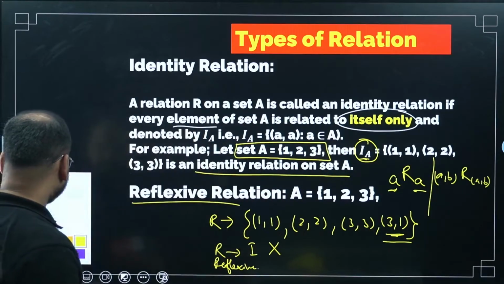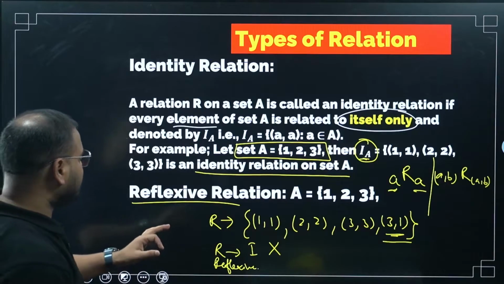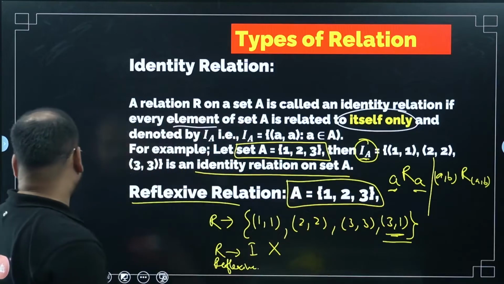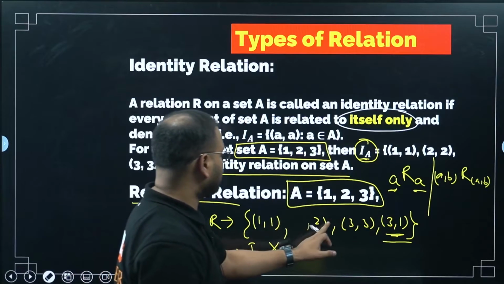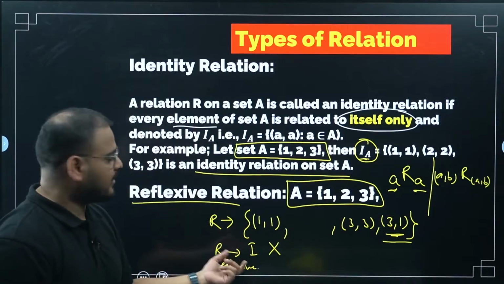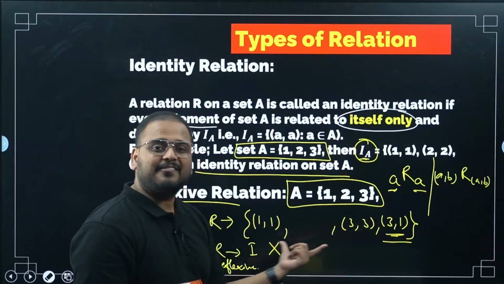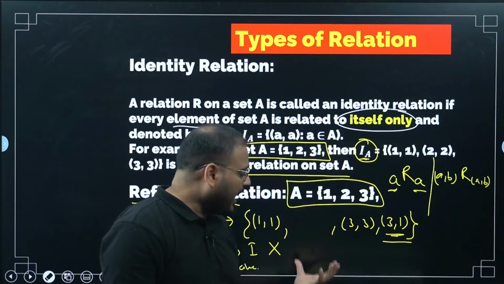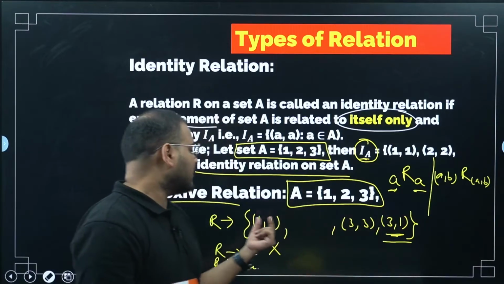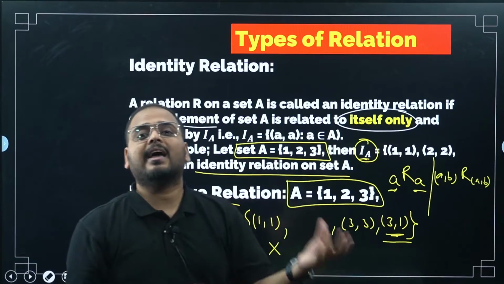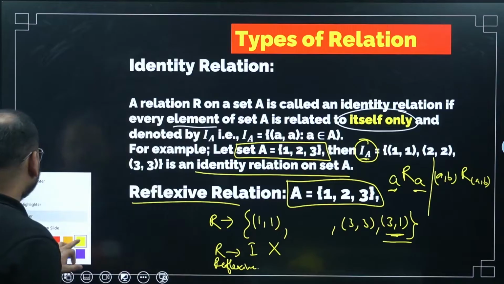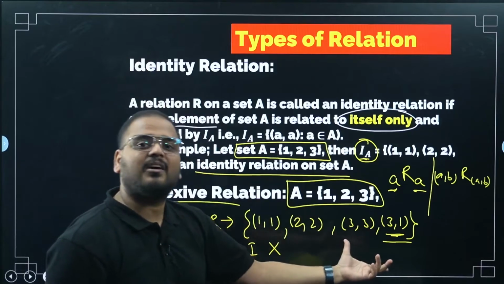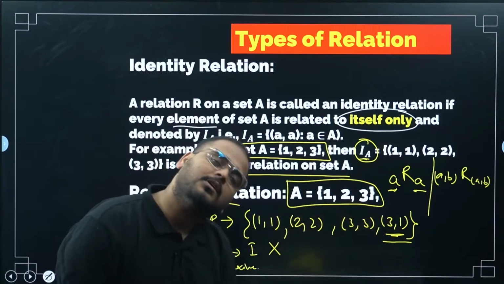But if I remove, and I'm writing for this set A, reflexive on A, and if I remove one of the elements, let's say 2, 2, and say 1, 1 is there, 3, 3 is there, and 3, 1 is there, is it reflexive? The answer would be no. 2, 2 must exist, means that part has to be there. Apart from that, if extra is coming, no problem. Means the relation on itself must be there, then anything extra, great, no problem. So let me write that 2, 2. So I hope the reflexive part is clear. It means identity plus something extra. Identity has to be true, but some extra can also come, no problem.